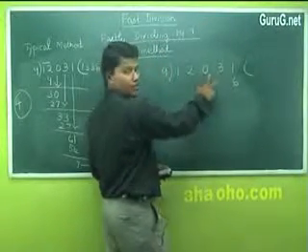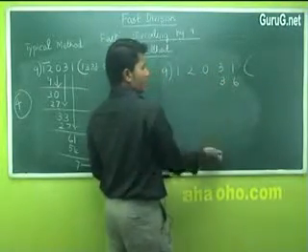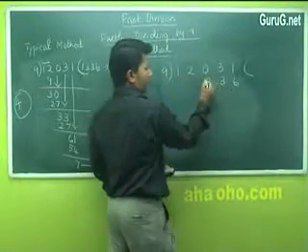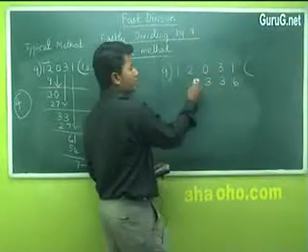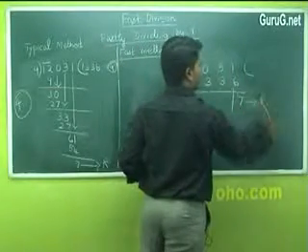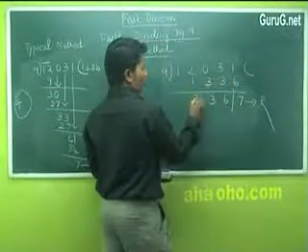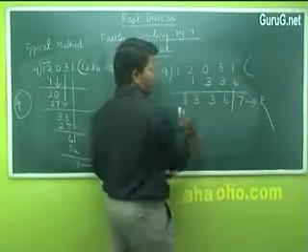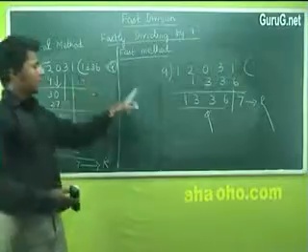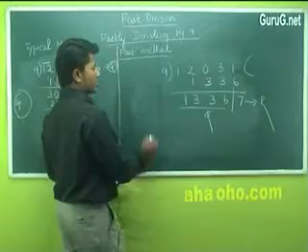There are 3 digits before it. Add them. 0 plus 2 plus 1. That is 3. Now go to 0. There are 2 digits before it. 2 plus 1, 3. Now go to 2. There is only 1 digit before it. Place 1. 6 plus 1 is 7. This is your remainder. 3 plus 3 is 6. 0 plus 3 is 3. 2 plus 1 is 3. The remaining digit is 1. This is your quotient. This is your remainder. 1, 3, 3, 6 is your quotient. 7 is your remainder. How many steps of operation?